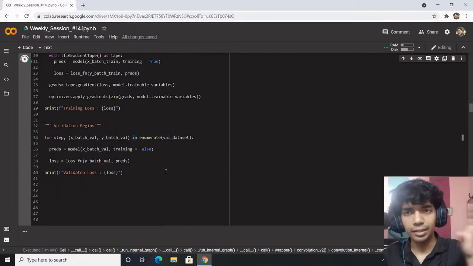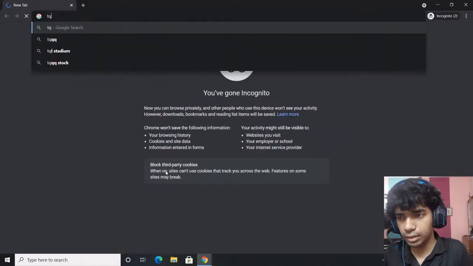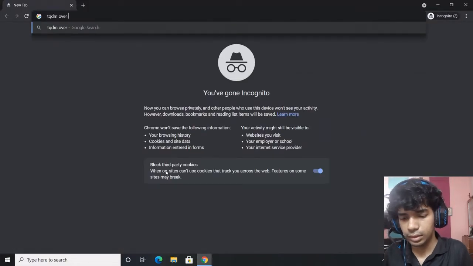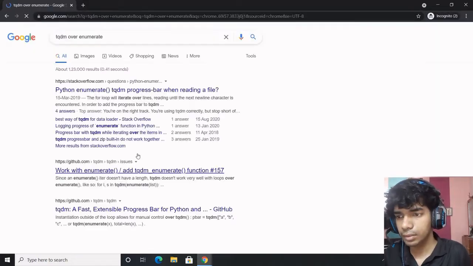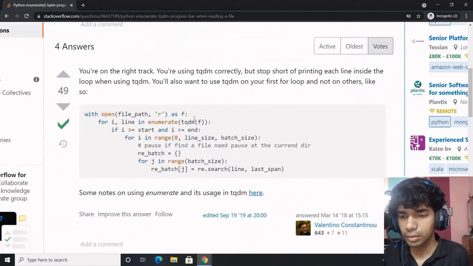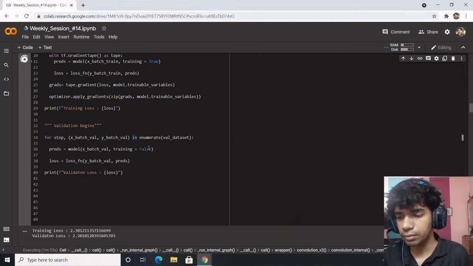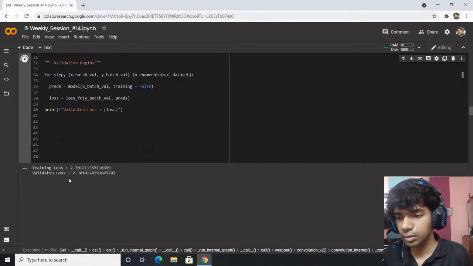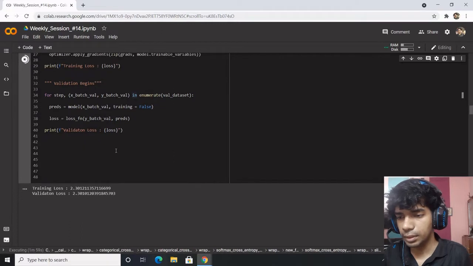How do you add tqdm over enumerate? tqdm over enumerate. Enumerate tqdm, right? Good enough. That's pretty impressive.